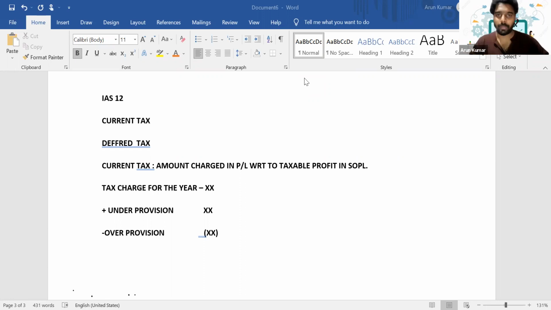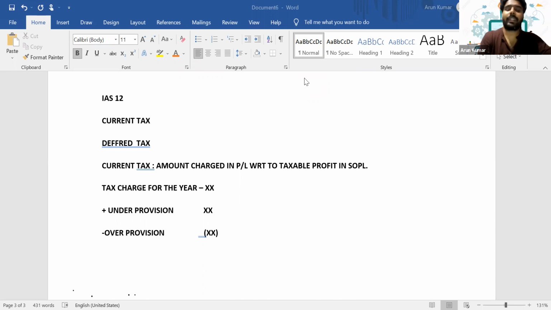So they will take this accounting profit, which you have calculated, and they will make the adjustments. One of these adjustments being, for example, if there is an entertainment expense in your SOPL, in your books, it's an expense, but for the tax authority, it's not an expense. The tax authority will ask you to add it back. Literally, you have to pay tax for it. So what will happen there? The same item is getting treated in a different manner in the tax books as well as in our FS. So as a result, we have to pay a higher tax there.